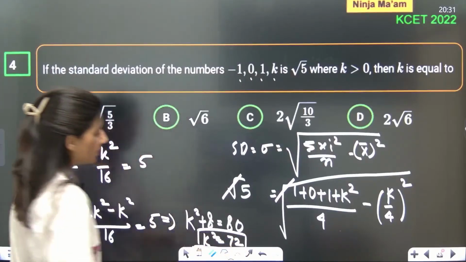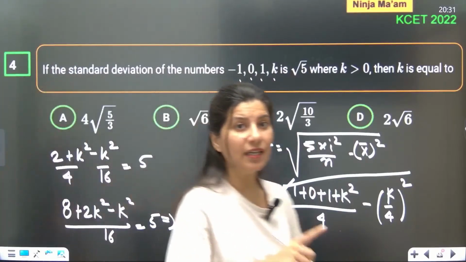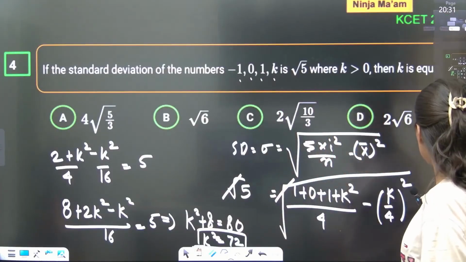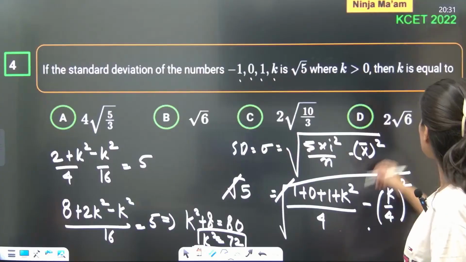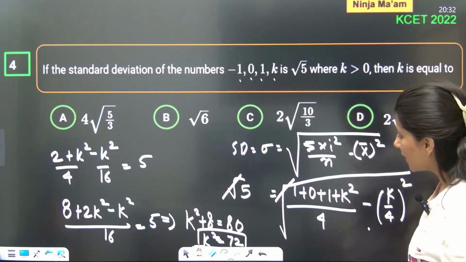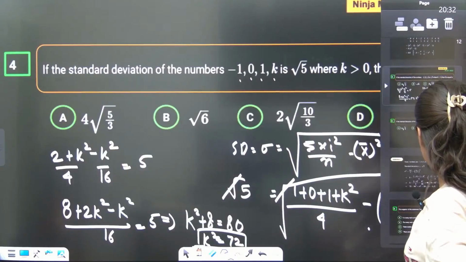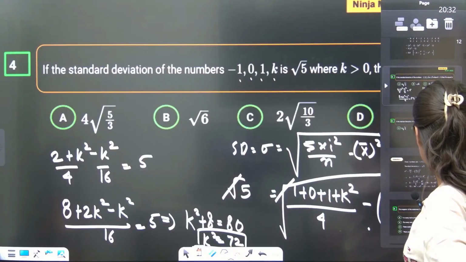K will be what? So this is 8 into 9. So 3 into 2 root 2. That is not matching with k square is 72. Hold on, let me just check. They are talking about 3k square.